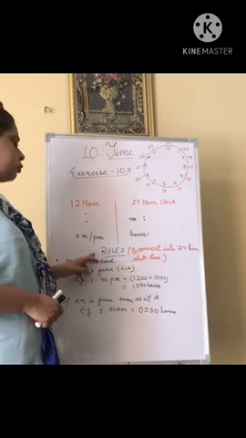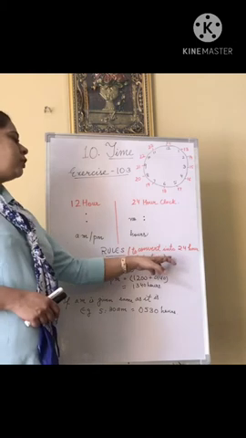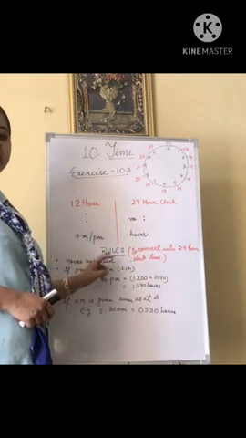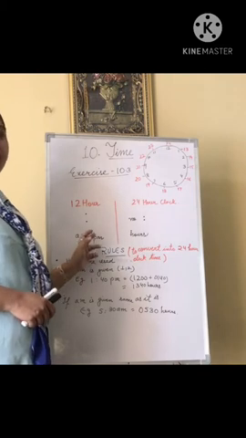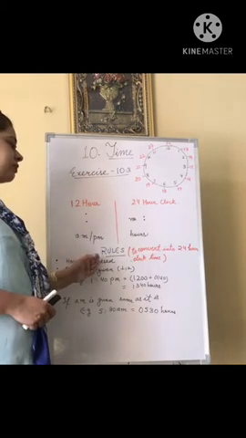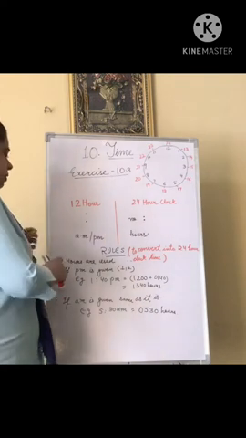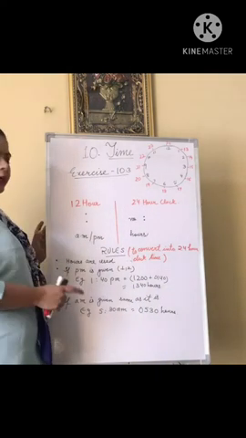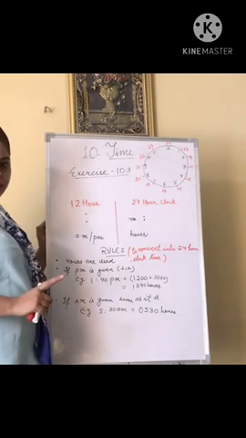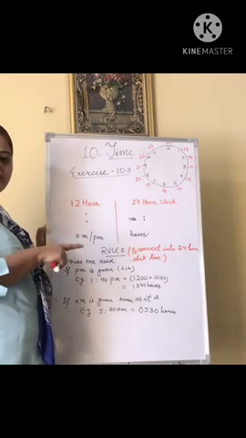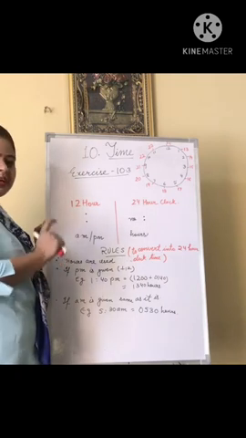Now what are the rules to convert into 24-hour clock time? If 12-hour clock time is given to you like 1:30, 7:30, 8:30 a.m. or p.m., how do you convert it into 24-hour clock time? First rule, as you all know, in 24-hour clock time instead of am and pm, hours are used. सबसे पहले हम am pm को कट करके उसकी जगह hours लिखेंगे.